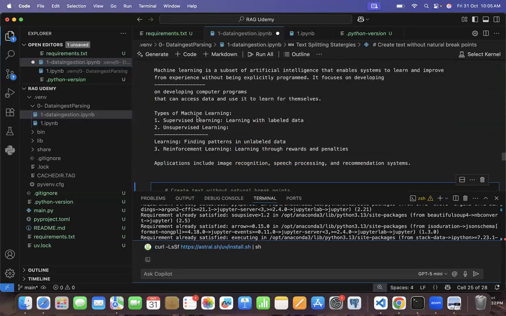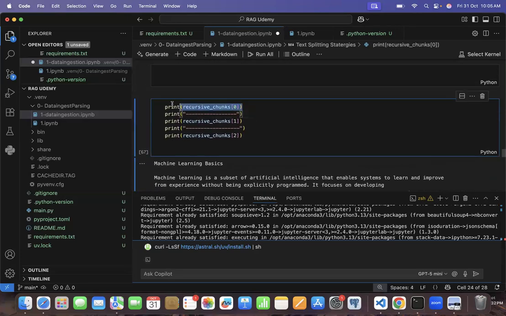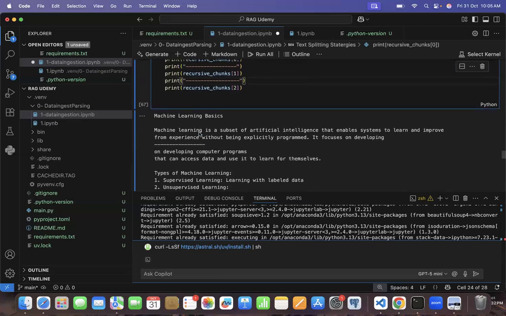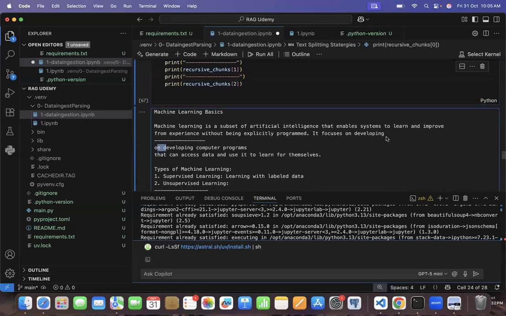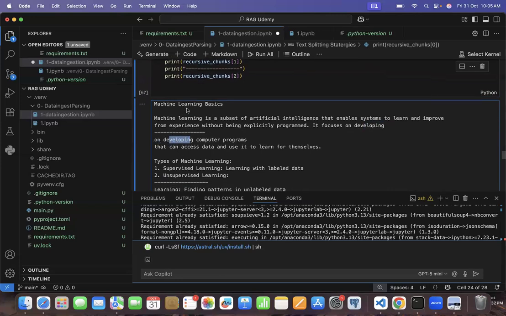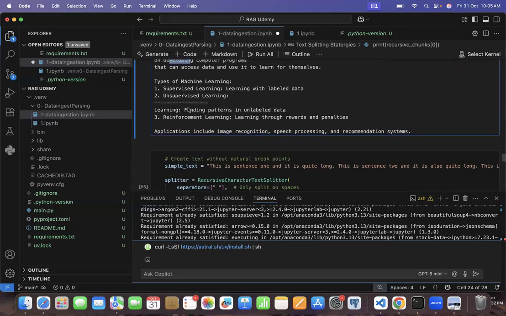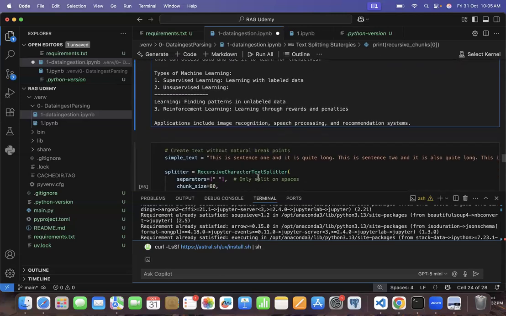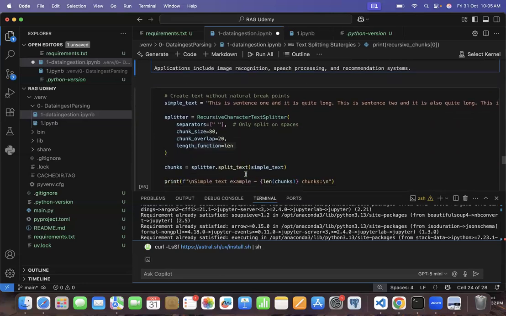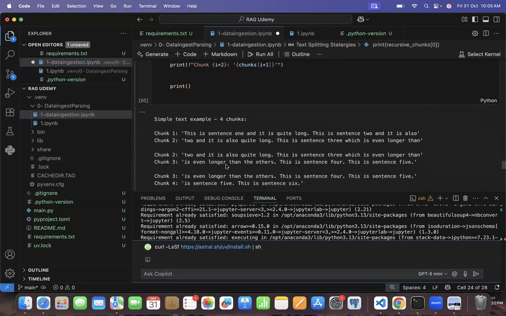Okay, I have done it over here. Then line, then character chunks 1. So now you can see over here, it focuses on developing, and developing is basically getting overlap, right? So here, character based splitter is basically happening. Here, recursive character based text splitter is happening, and I'm going to probably tell you about the different ways of